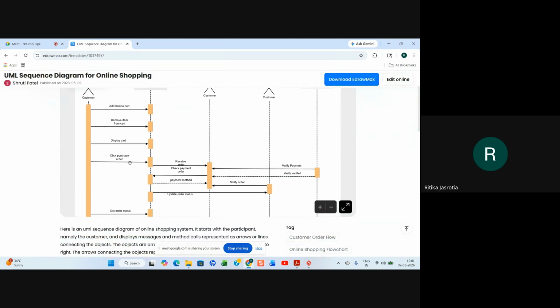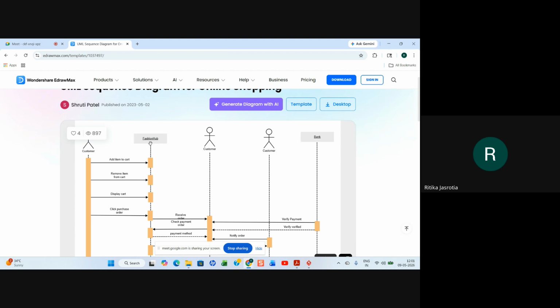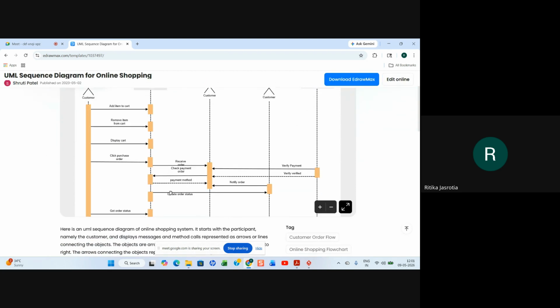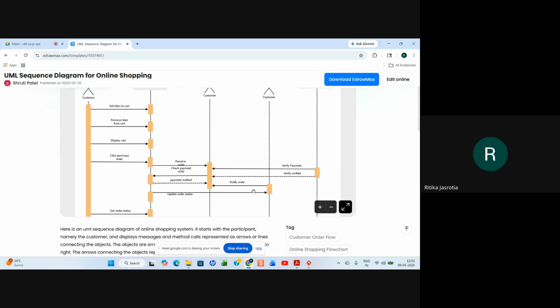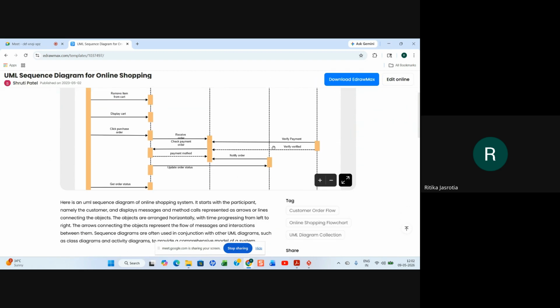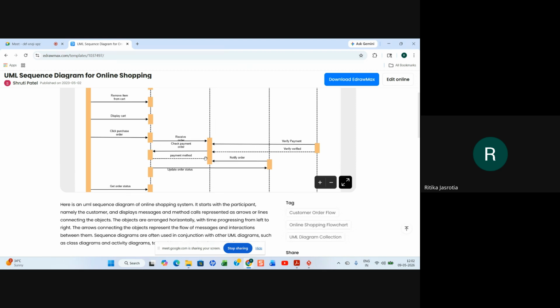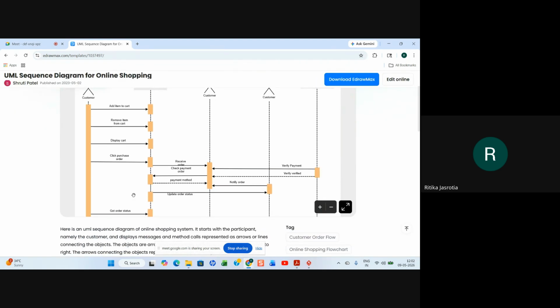Once you click purchase order, the order is placed, and the Fashion Hub website asks for the payment, and the payment option is selected. So the bank or credit card, whatever mode of payment, your bank is updated according to that. The payment is verified, then payment is successful, then it goes back to the Fashion Hub site, and the Fashion Hub site updates your order and gives you the detail that the order has been placed, and an email is also sent to you. And then it can go to the shipment and delivery option.